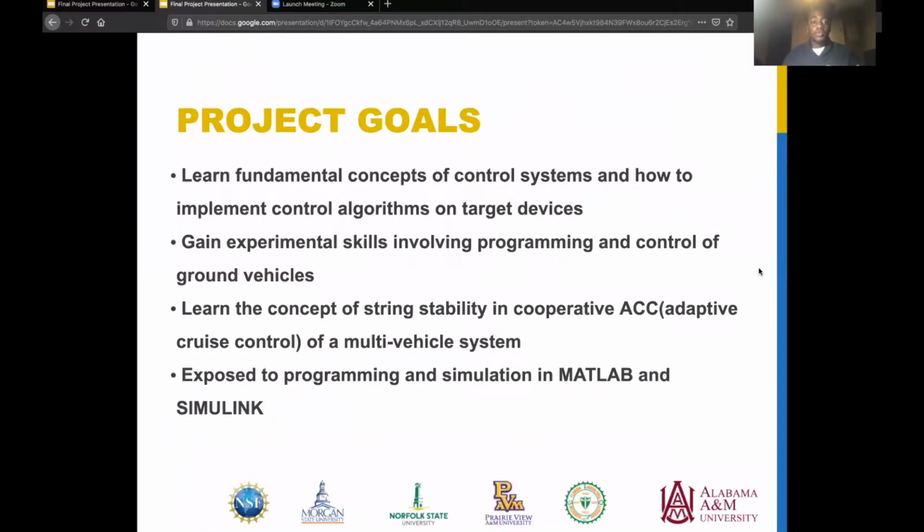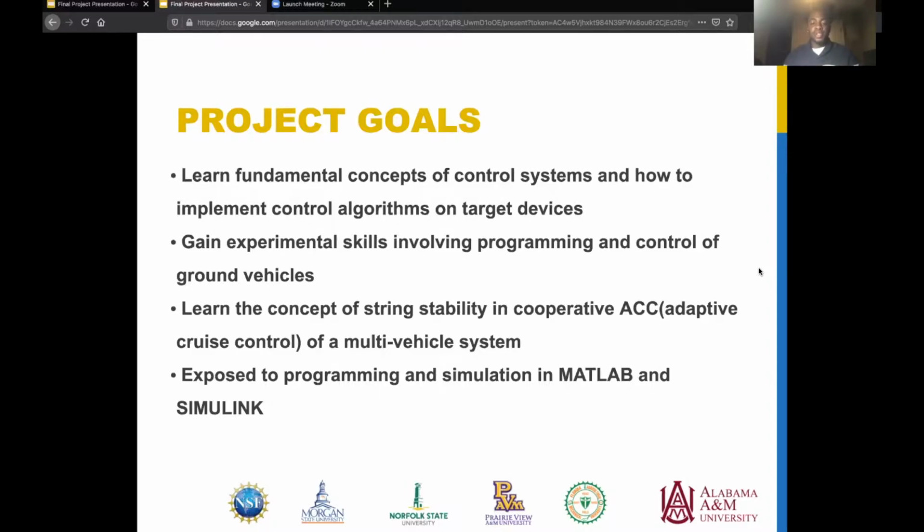Our project goals were to learn fundamental concepts of control systems, how to implement control algorithms on target devices, to gain experimental skills involving programming and control of ground vehicles, learn the concept of string stability and cooperative ACC of a multi-vehicle system, and ACC basically stands for Adaptive Cruise Control, and finally, to be exposed to programming and simulation